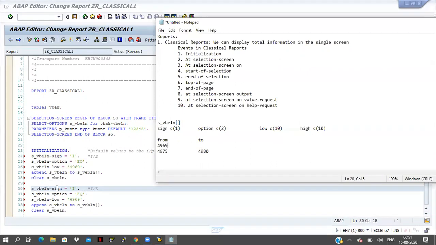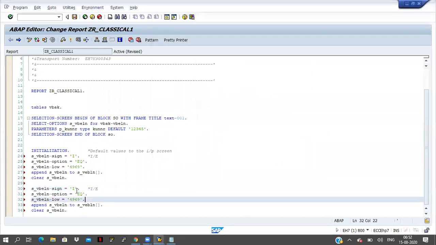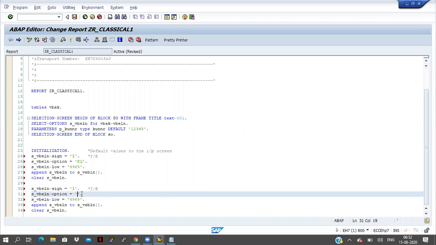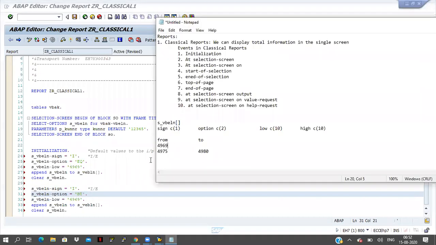Now I'm coming to the second one, 4975 to 4980, which I have to display. Here I take include only, and here we have to take between, because this is a range.